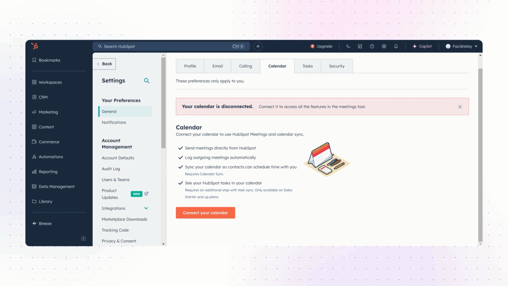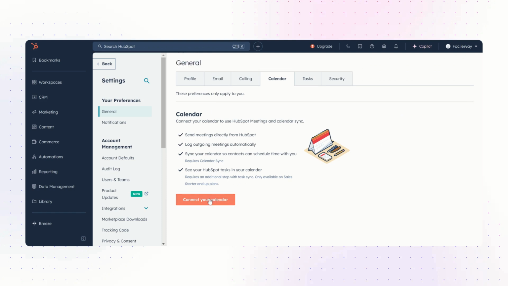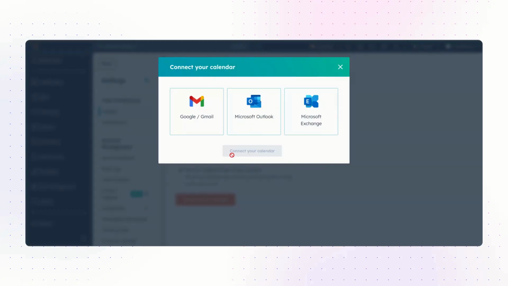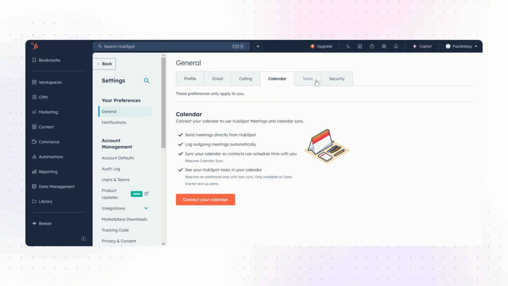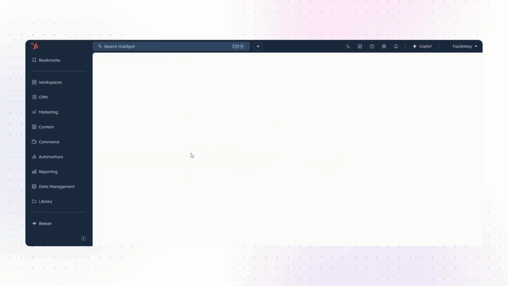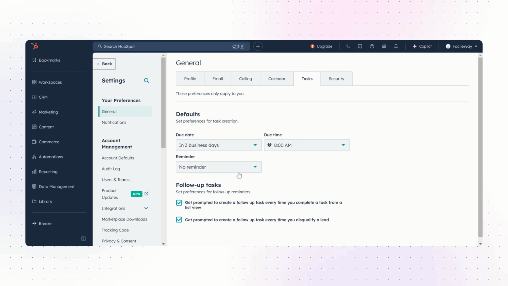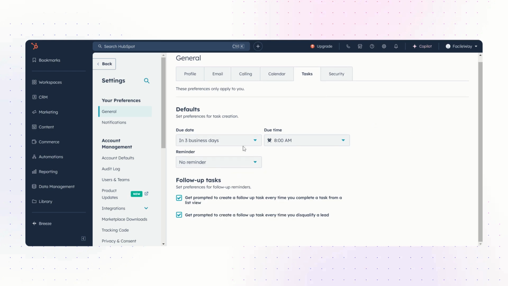I can see that my calendar is disconnected. You can connect your calendar using this option. Here you can use Google, Microsoft, or Microsoft Exchange, whichever you prefer. Then comes the tasks. Here you have to set the preferences for your task creation. The default task creation preferences are quite good. You can go with this.